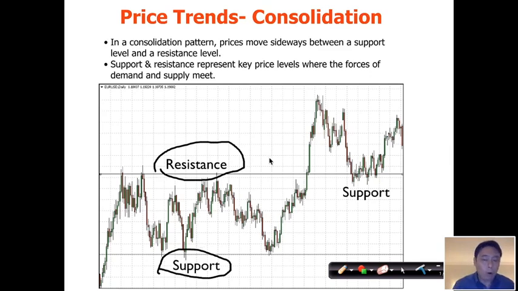Price ping pongs, right? Now eventually, price will break out of that consolidation, either to the upside or to the downside. You never know what's going to happen until it happens. You can never predict the market. You can only follow the market. In this case, you can see that price eventually breaks above that resistance. Why? Because suddenly there were enough buyers to overcome the sellers that were keeping the price at bay. Buyers rushed in and pushed the price up, so it broke out of that consolidation.